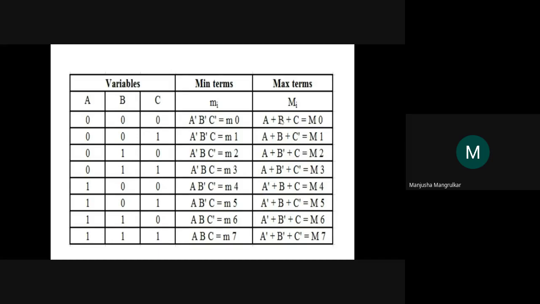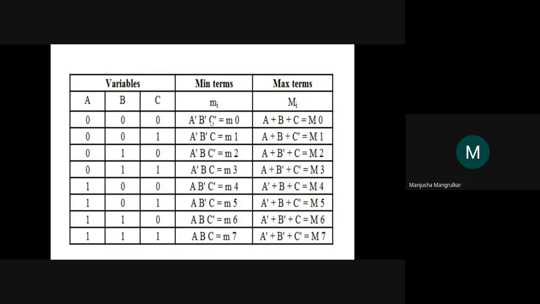It is just reverse in the max term. It is a capital M0. This term is denoted by capital M0, but it is a OR b OR c. It is not a complement. So max term 0 represents 1, and then min term 0 represents 0, that is a complement. That's a difference, just reverse of min term to max term, right?